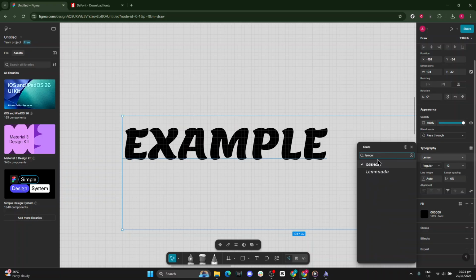Select the text tool or click on an existing text layer. Open the font drop-down menu, then scroll through the list